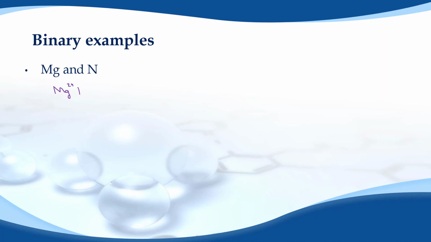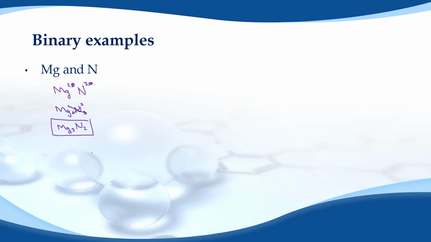All things in group 15 have a -3 charge. So N 3-. I'm going to take away the plus and the minus. I'm left with Mg with an exponent of 2, N with an exponent of 3. And now I'm going to drop and swap them. So I'm going to take the 2, move that down to be the subscript of the nitrogen, take the 3, move that down to be the subscript for the magnesium, and what I wind up with is